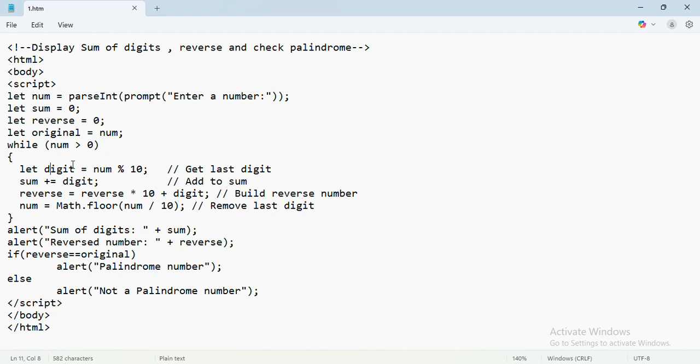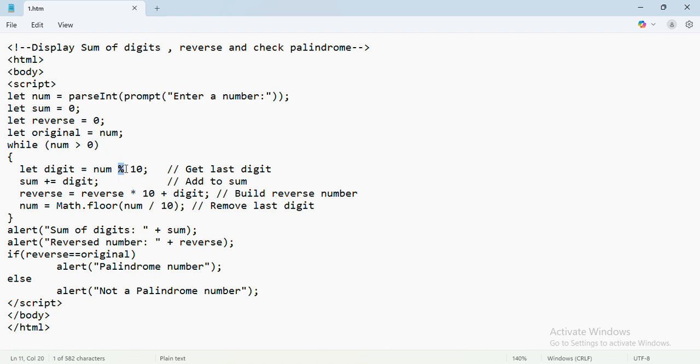Now we are saying let digit equal to 123 mod 10. If I say 123 mod 10, I will get the remainder, which is 3. 3 is the last digit. Whenever you want to get the last digit, you divide the number by 10 and find the remainder.